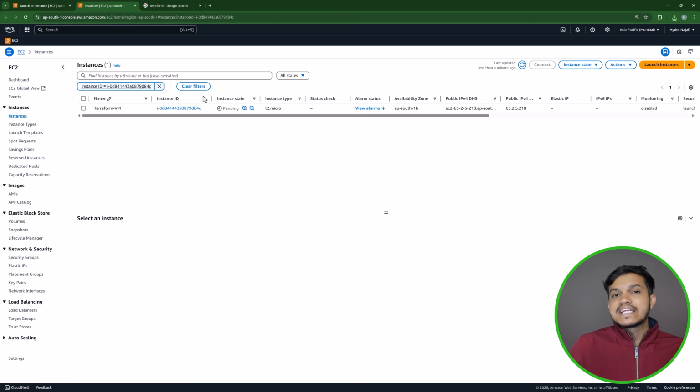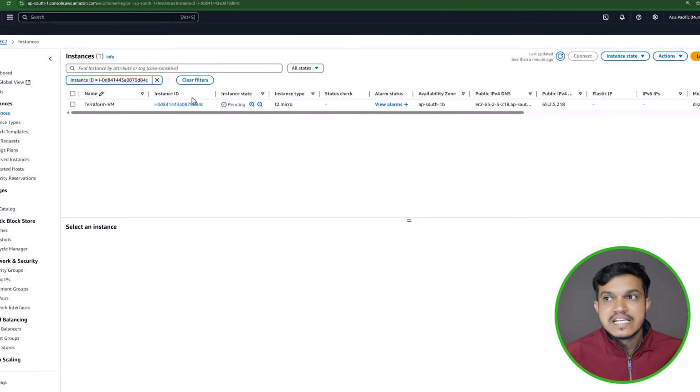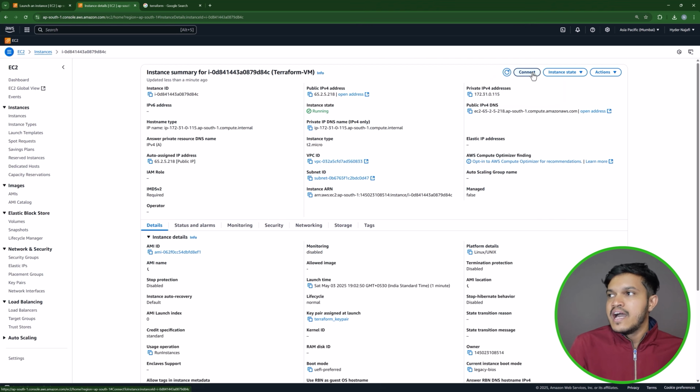Now I want to get connected to this machine to perform any operation we want, right? We are in the Windows machine. We have created on the cloud one Linux machine. I want to get connected to do anything. Maybe I want to install Terraform. I'll not be installing it on my own machine. I have created one machine on the cloud, which is the Terraform VM, and onto that machine I want to install the Terraform, right? So I would like to just click on this instance ID,